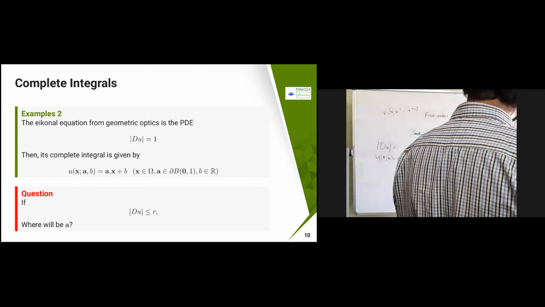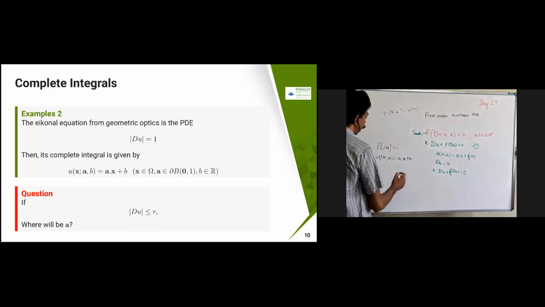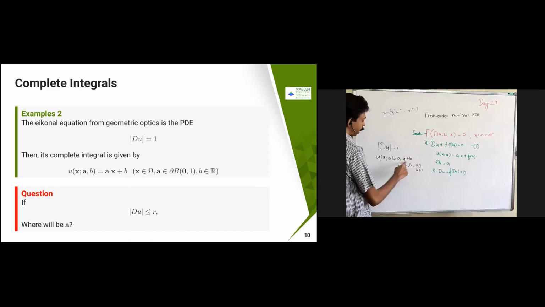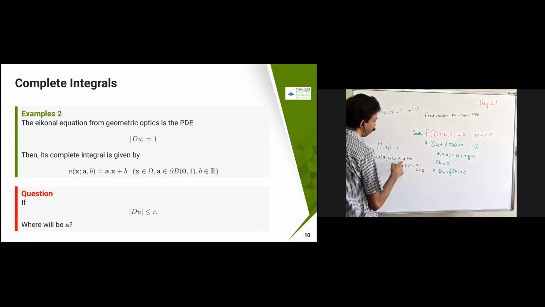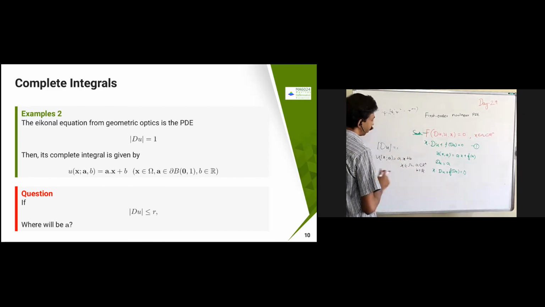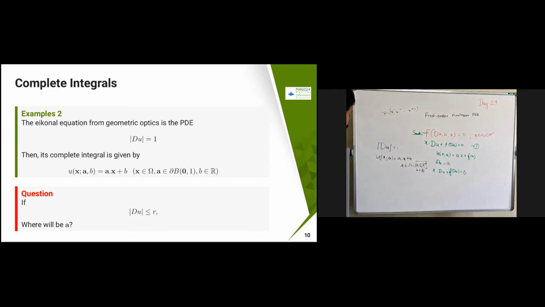Now we need to check whether it is going to satisfy the equation. What does x belong to? x belongs to Omega. Now I have to find where a belongs and where b belongs. So a · x is a scalar, and b is a scalar, so b belongs to R. a · x is there, so of course a belongs to R^n, but we need its conditions to be satisfied. Therefore, this is the question, whether that is going to satisfy or not. Let's see.